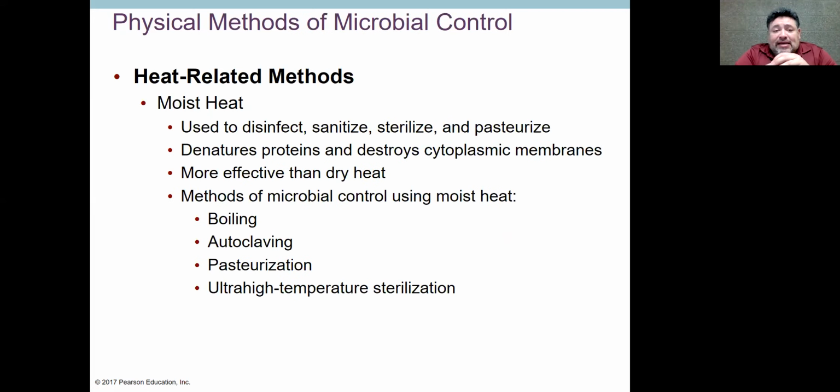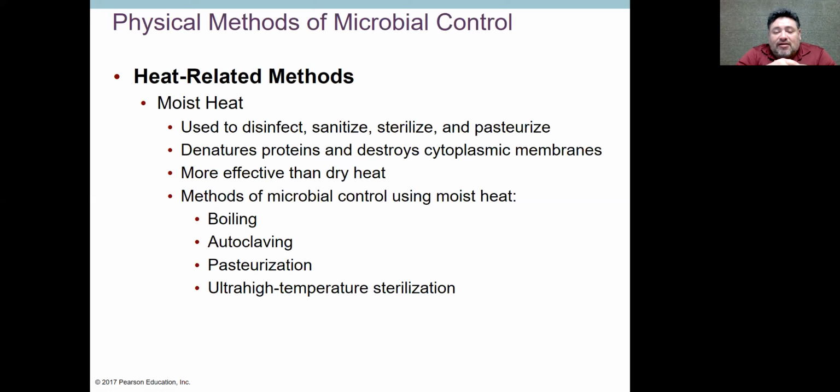Heat-related methods. Clinically, this is important, but not with a patient, okay? This has to do with instrumentation and how to sanitize that instrumentation. So of all these, the one that we use in the laboratory the most is autoclaving. Okay, so autoclaving implies that you're taking media or instruments and you're sterilizing them. And the way that you do that is you bring it up to